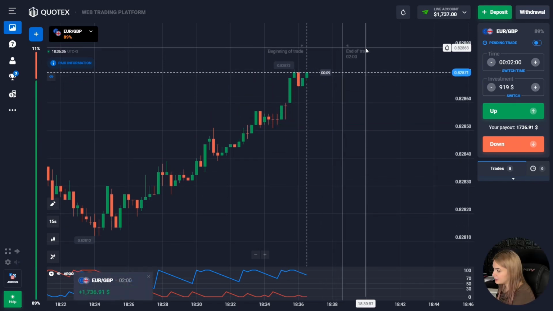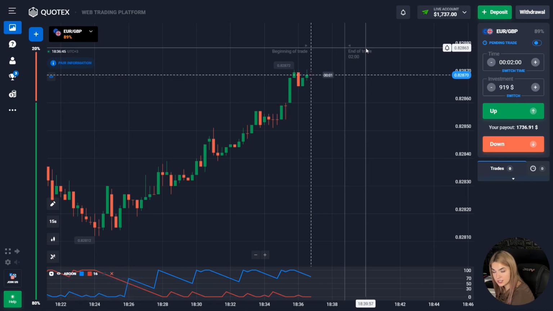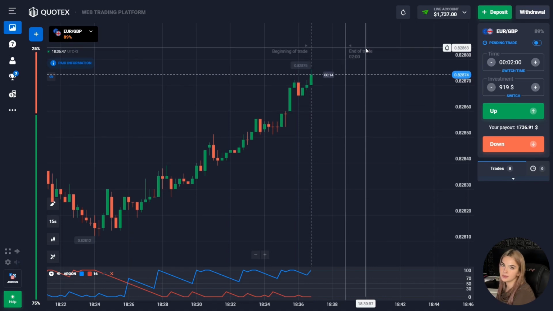Well guys, it's not bad at all. As you can see, the price moved according to our scenario, and it showed us a good growth. This is how we got the profit here, guys, and I suggest that we continue and consider some other situations